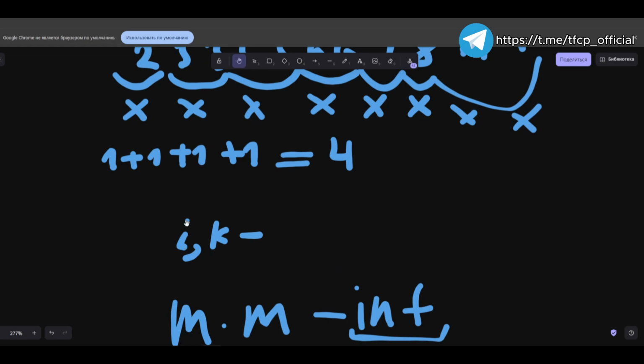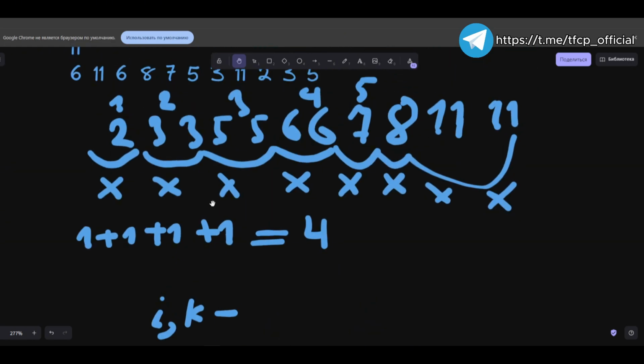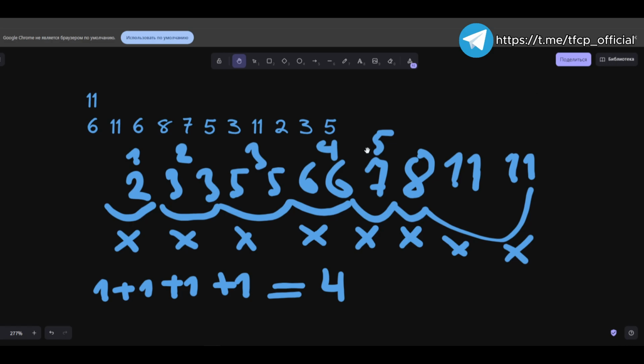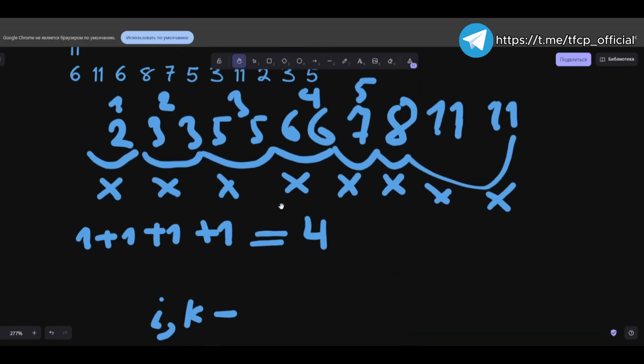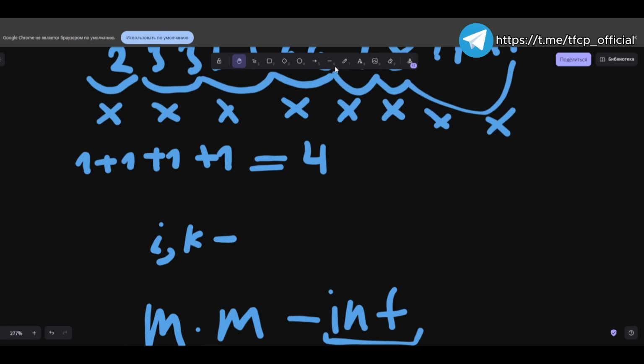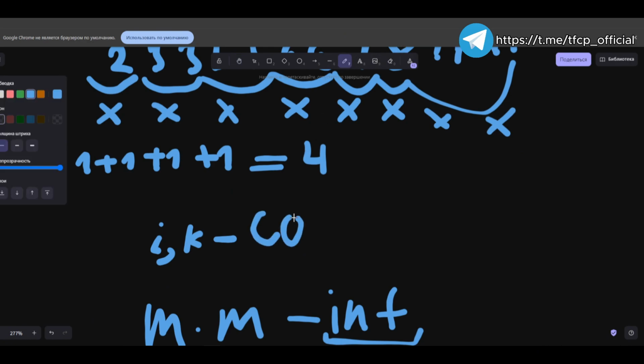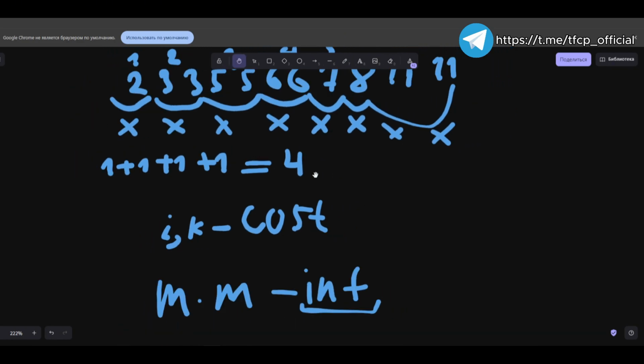So, we find ourselves in the i,k cell, where i is the number of types of cakes passed, and k is how many of them Bob has collected. We need to find the cost for this state. So, accordingly, how can we efficiently achieve this goal, obtain it? We either discard the current type of cakes,